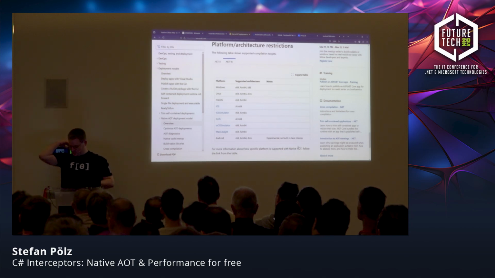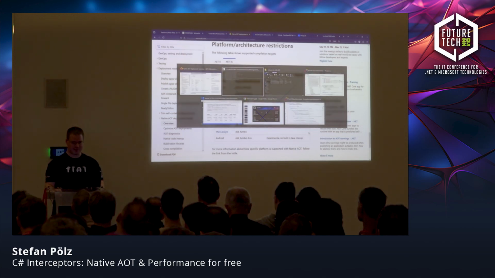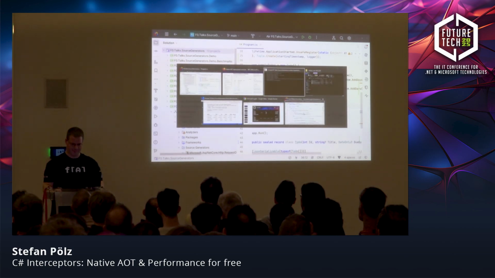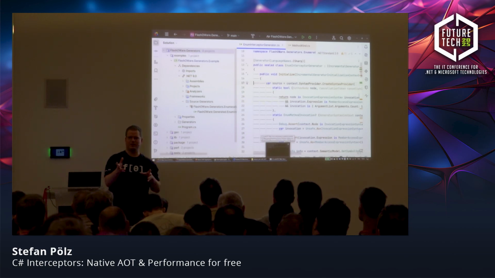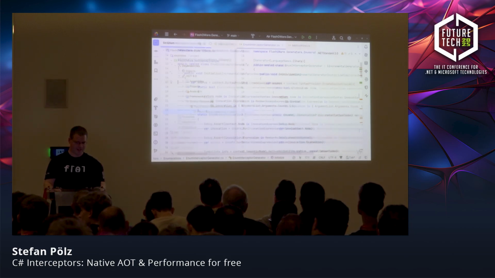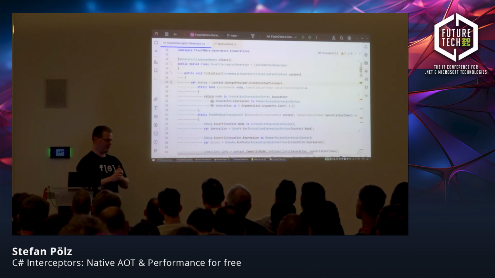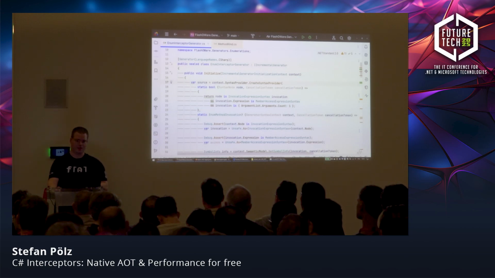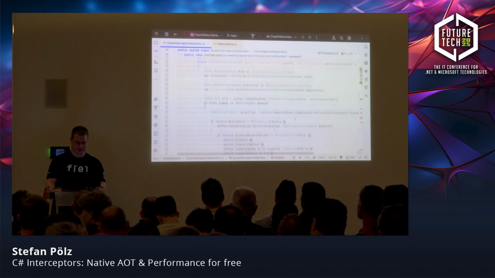Now, I would like to take a brief peek at how to create a generator that is emitting this code. I want to take a peek at the generator I showed earlier, which is invoking interceptors for this enum get name, and enum is defined. Now, this is not a source generator talk. There is a lot of intricacies when it comes to building a source generator. I'm just pointing out the portions that are interesting for